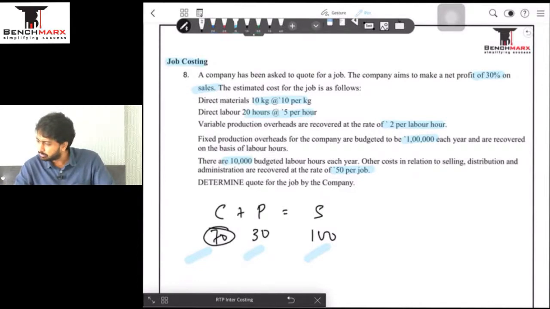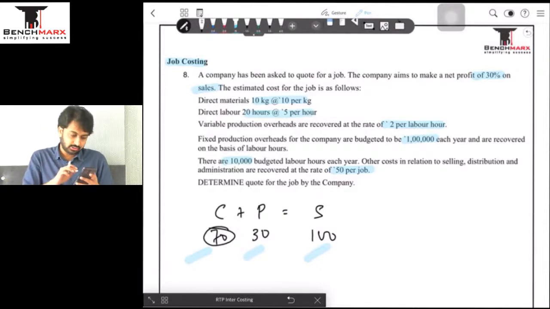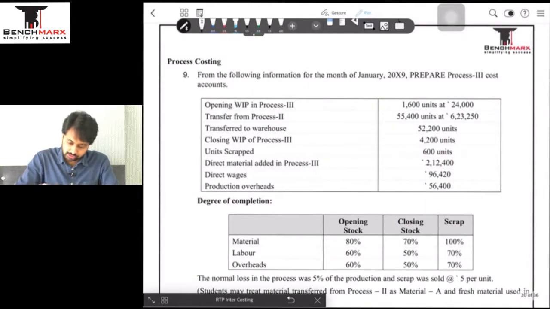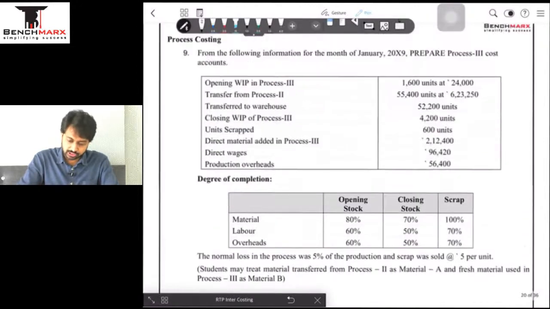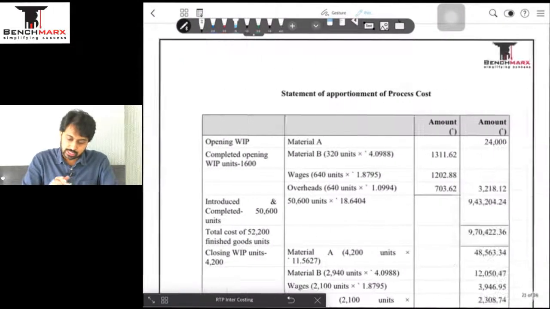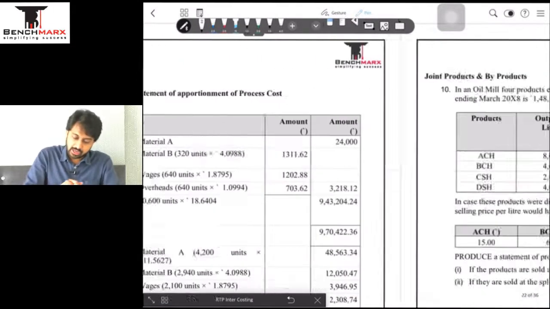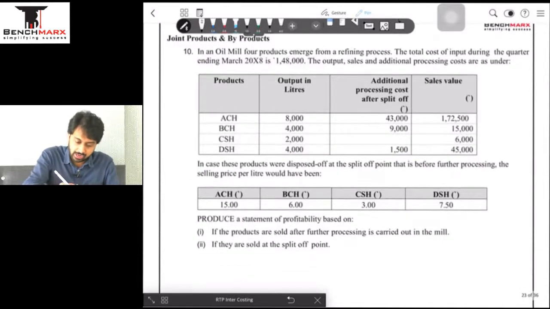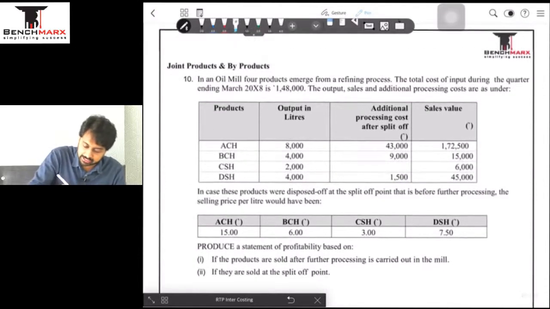I think we do have time, एक और question कर ही लेते. ठीक है, so अपना job costing भी हो चुका है, and now 5, 6, 7, 8 is done in this session. We are now going to question number 9. I think what we'll do is question 9 in the process costing काफ़ी बड़ा question है. What we'll do is we'll do 9 after this session and we'll take a smaller question, and that smaller question is question number 10 based on the joint products and byproducts.